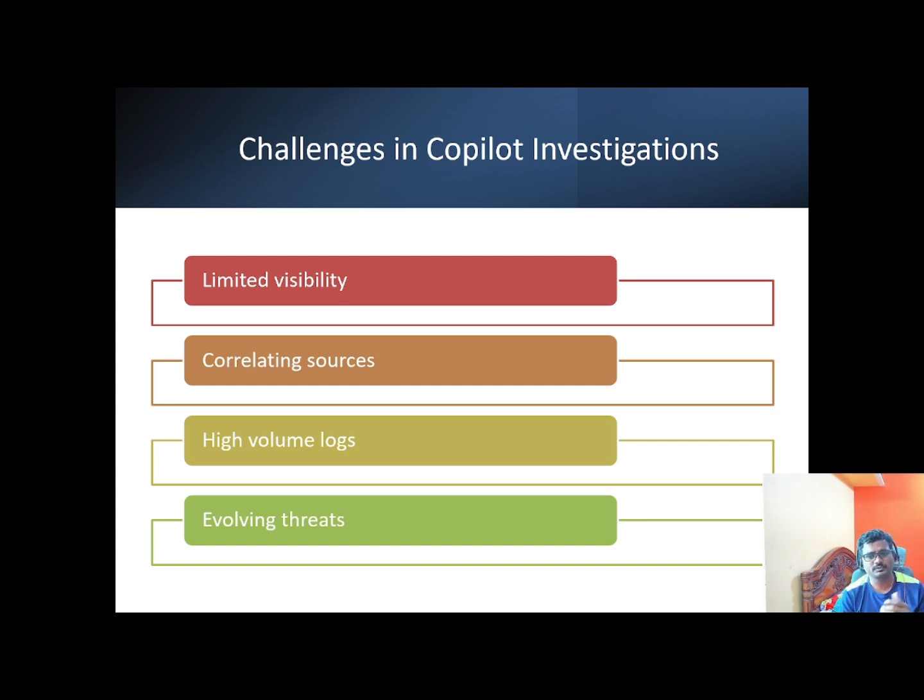logs available, correlation sources, high volume logs, and evolving threats. Since AI is fast scaling and developing like a skyrocket, we definitely need to be adapting to that pace when it comes to security, right? Evolving threats, like hallucination was there in the beginning, it got fixed, demographic got fixed. So a lot of the sensitive things got fixed while it is evolving, and evolving threats have been fixed. But being the